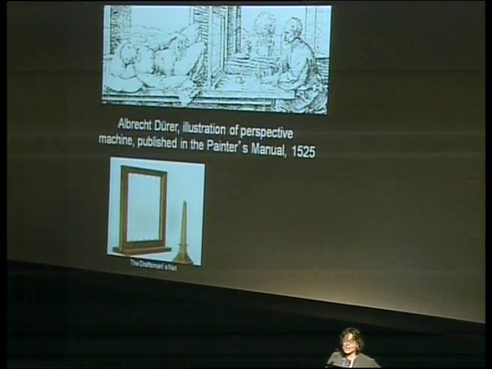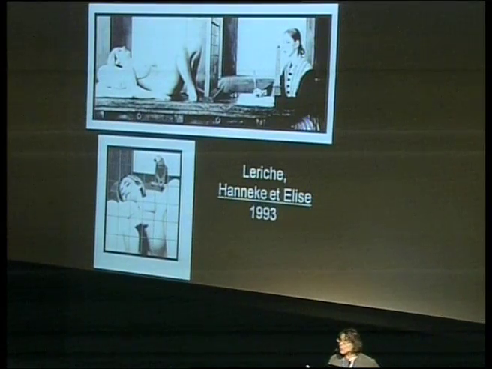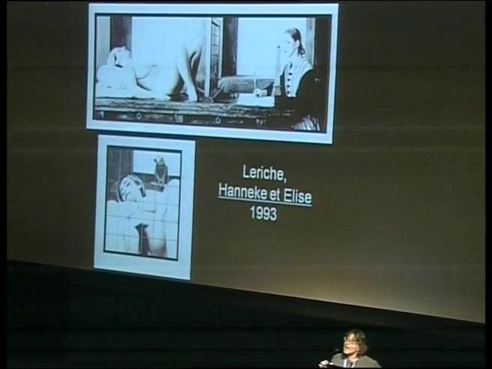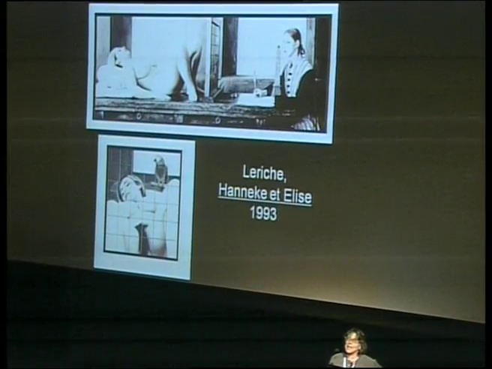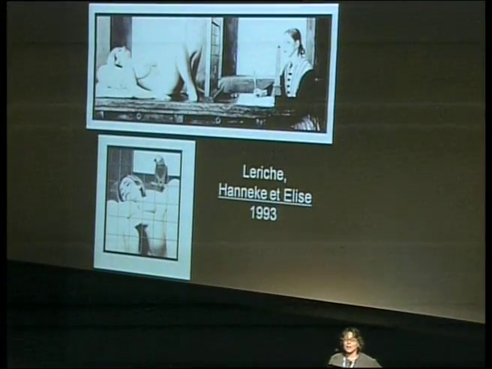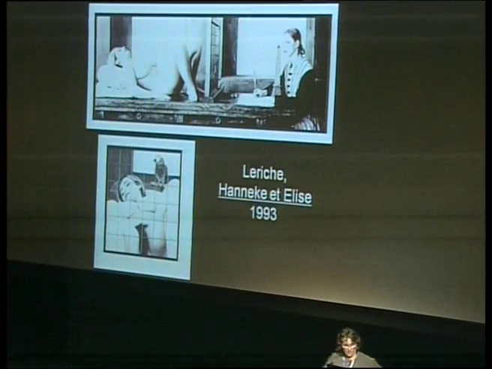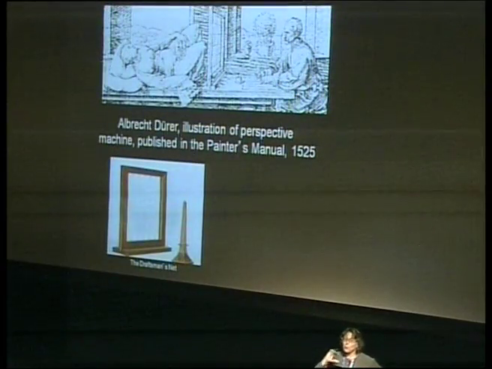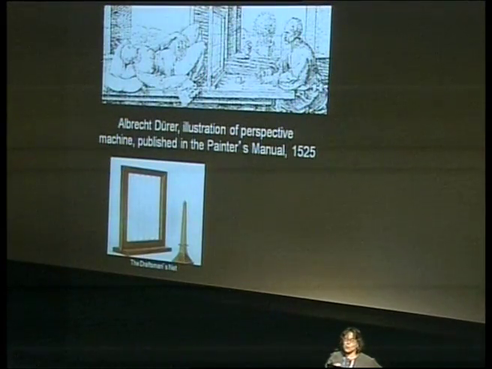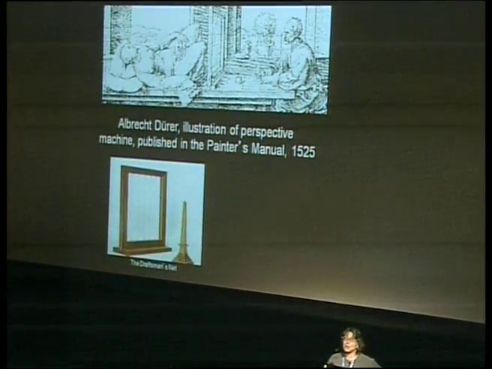Now, in this next work, this is a contemporary Canadian artist who's playing with what Dürer was doing in his woodcut. And so what she wants to suggest, which is true if you think about it, if you think about it from the perspective of what the draftsman is seeing in the Dürer, what he's seeing is right up this woman's skirt, right? And when Danny Lariche decides to adapt this or do what we call an appropriation,